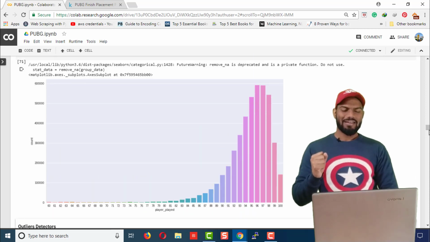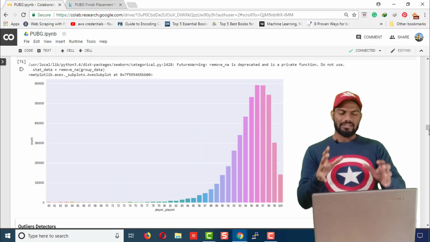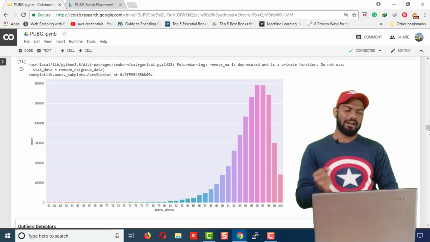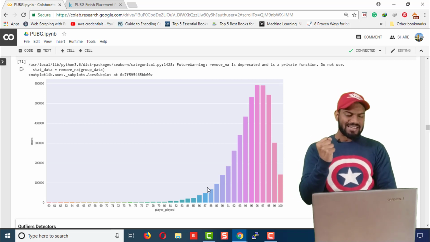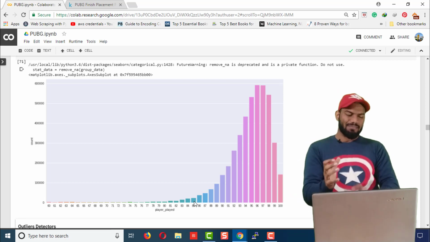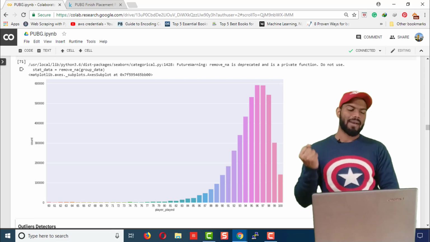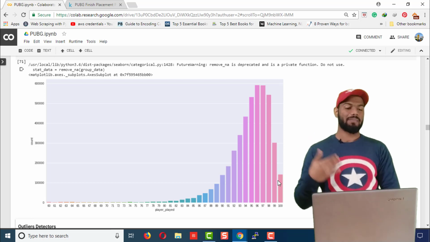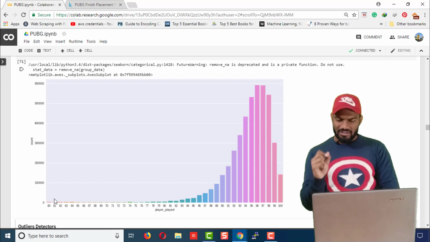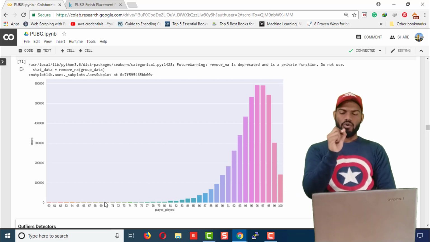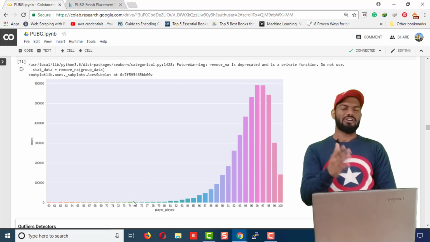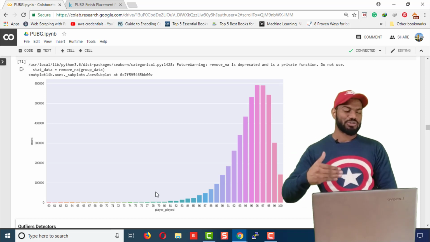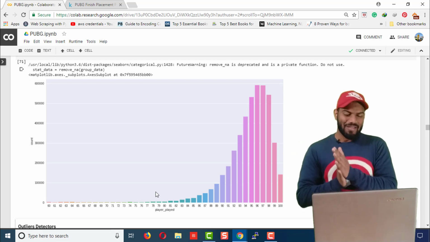Here you can see the graph shows the different numbers of players in different matches, and most of the data set is concentrated at more than 85 players. Some matches have even 100 players, some have 98 players, and there are very few matches which have fewer than around 75 players. So we need to picturize the data set. The next thing is